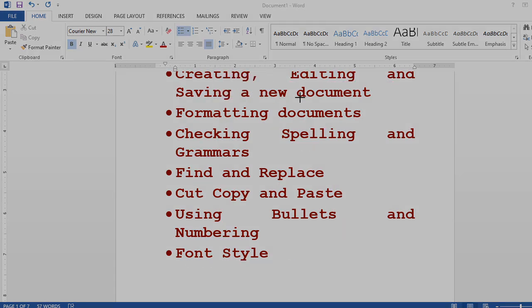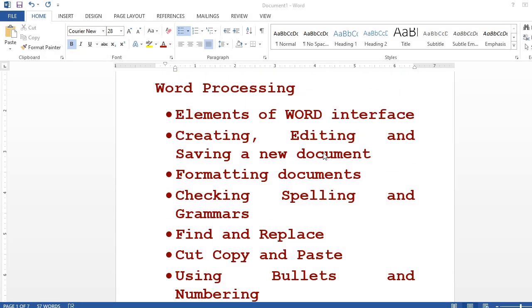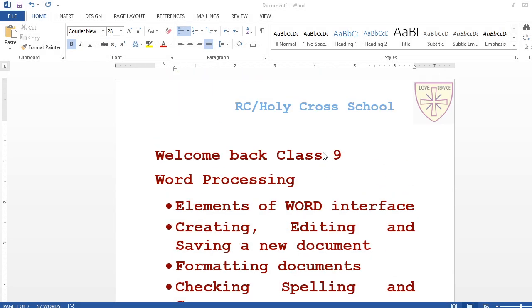Okay, so what to do, you are supposed to read your book for preliminary details, and if you are having a system at home, or you can do this in MS Word on your Android mobile also, nowadays it is coming, MS Word and all, you can install. Now what to do, you try these all basics and try to write some text and then modify those text according to your will. Anything is possible in MS Word, any type of formatting is possible.